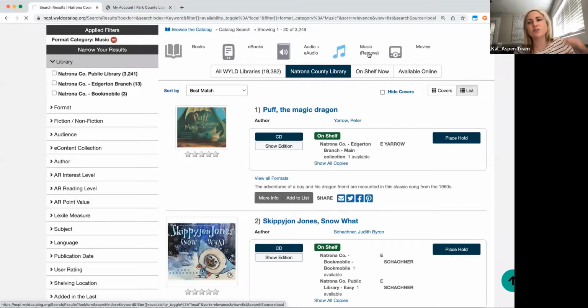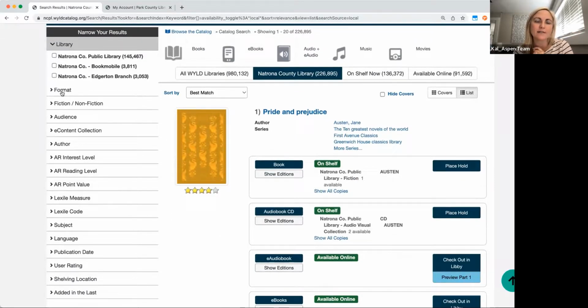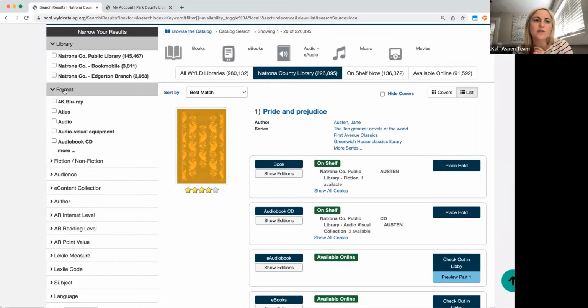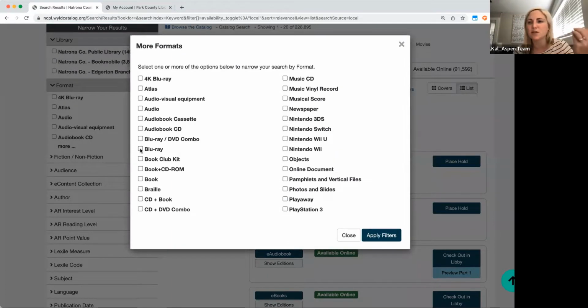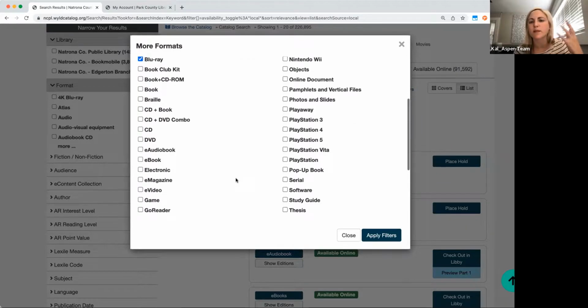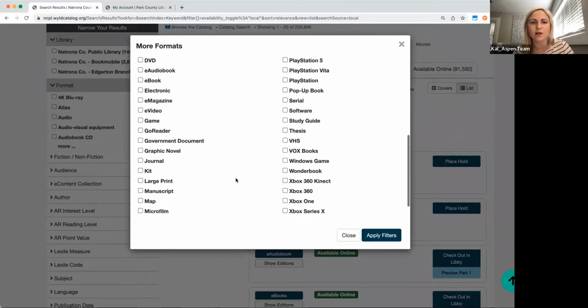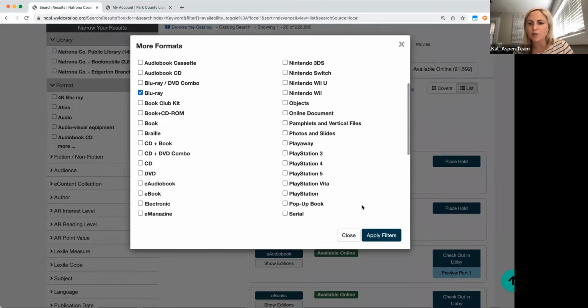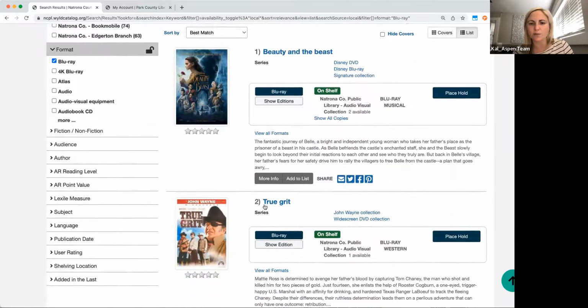So with that, if I was just looking for a specific type of format, we do have a format facet right over here along the top. So this would be in that case where I just got, let's say, a Blu-ray player and I'm looking at my library for which Blu-rays they have. So this is going to be more like a micro level of formats that I want to look at, so you can get an idea of what offerings the library might have. So in this case, I want to just see Blu-rays. If I did that, then it's going to limit me down just to those Blu-ray formats.